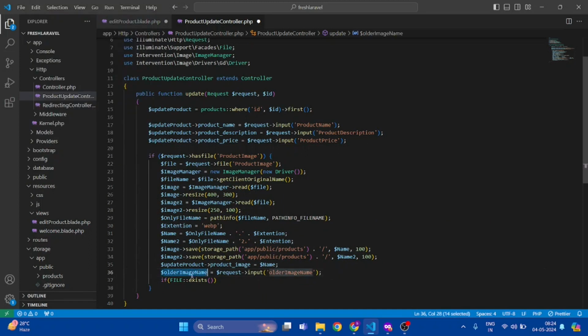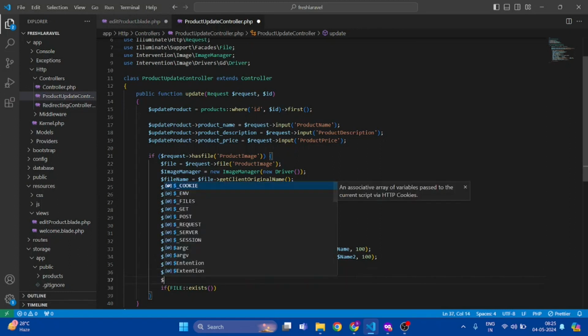Okay. So in this variable we have got the older image name, which is whatever image is linked to the product currently. And after getting that name, we are going to